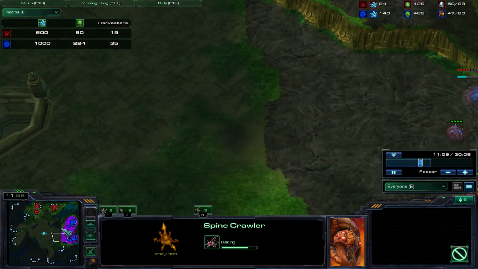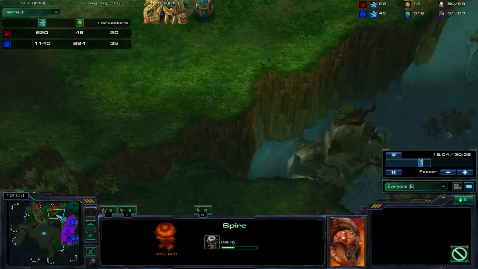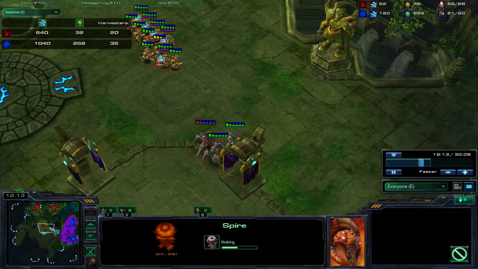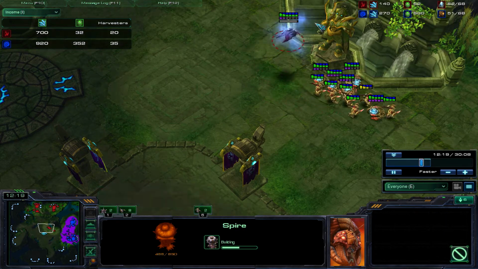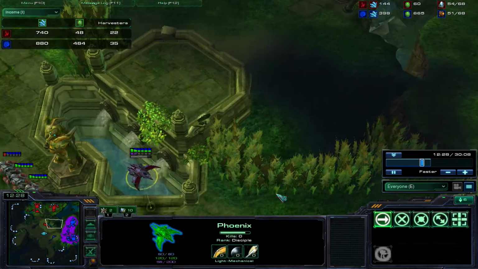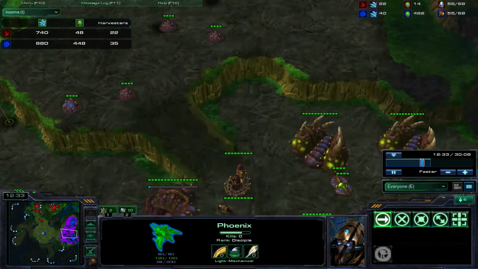So I did overreact on the spine crawlers. I could just spawn a shitload of lings instead of that, but I do get a spire here just because of the short air distance, I can get into the base really quick. And yeah, so I do have a harvester lead right now by 15. He did have a hallucination, which I think is a great scouting tool for Protoss. It even could make them try to go anti-air, if they don't know that it's hallucinated,